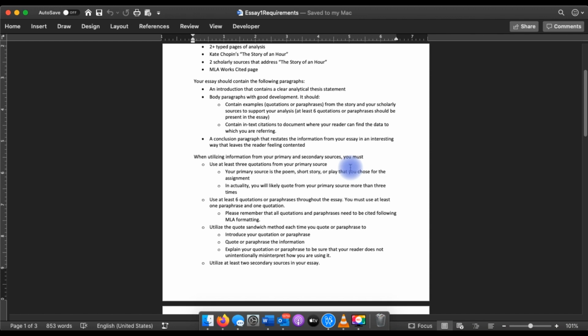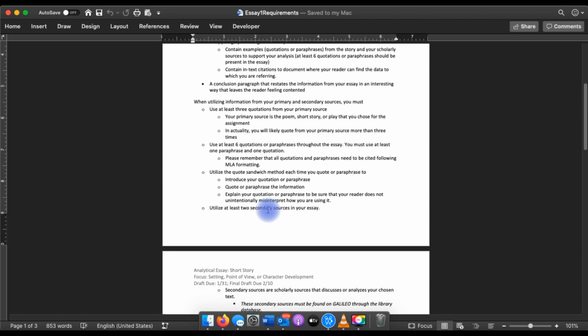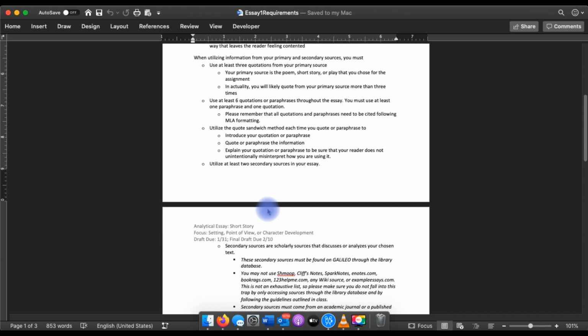The quotation or paraphrase that you want to use would then come next, and then you offer an explanation of your quotation or paraphrase and how you're using it to be sure your reader understands exactly what you expect them to do with it. Okay, you don't ever want to leave anything up to the reader because the reader may make a mistake, okay, and misinterpret what you're trying to say. Now,